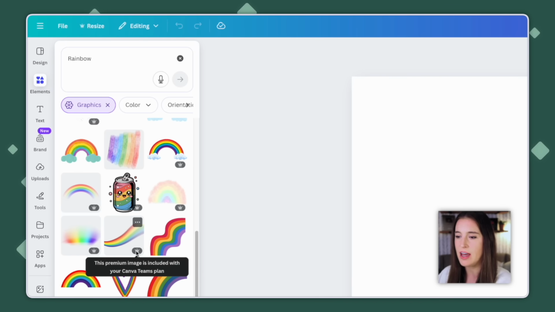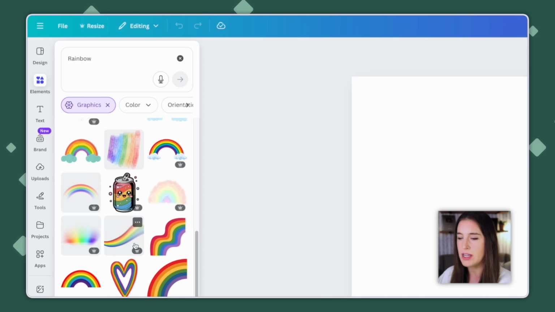The ones that do have that are Pro elements. So only Canva Pro users can use these for free. The ones that don't have it are free elements that are open for anyone to use regardless of the Canva